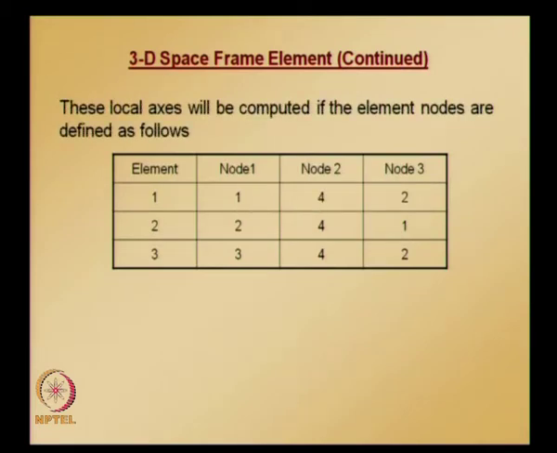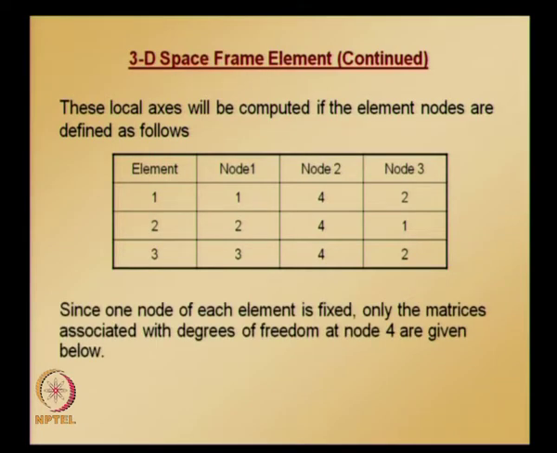These local axes using the third node method will be computed if element nodes are defined as follows. Since one node of each element is fixed, only matrices associated with degrees of freedom at node 4 are given below. So, this is what I mentioned, since nodes 1, 2, 3 are fixed or restrained